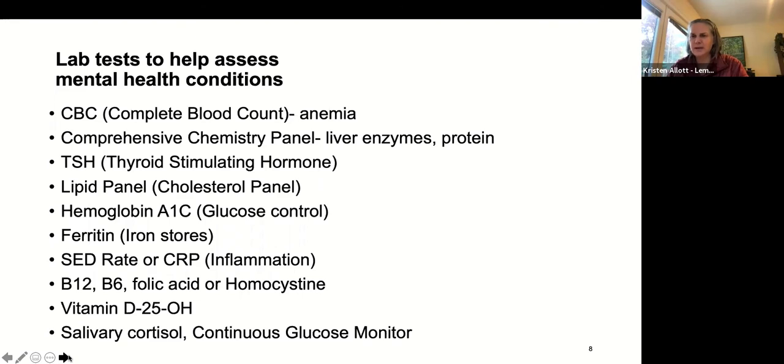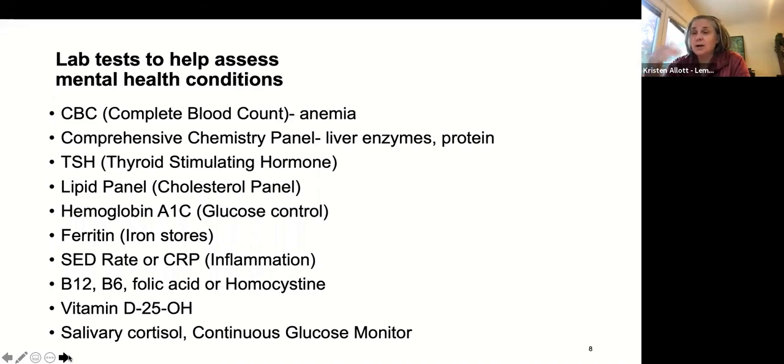in the handout that I think Natasha is going to put a link in. This is also in the book. And I just wanted to go through what these tests are and why you might want to get your physician to do them. So a CBC, a complete blood count, this is just red and white blood cells. Mostly it's looking for anemia.